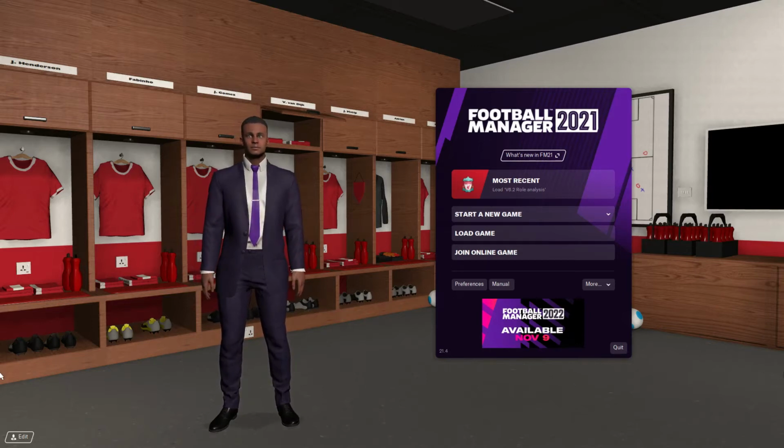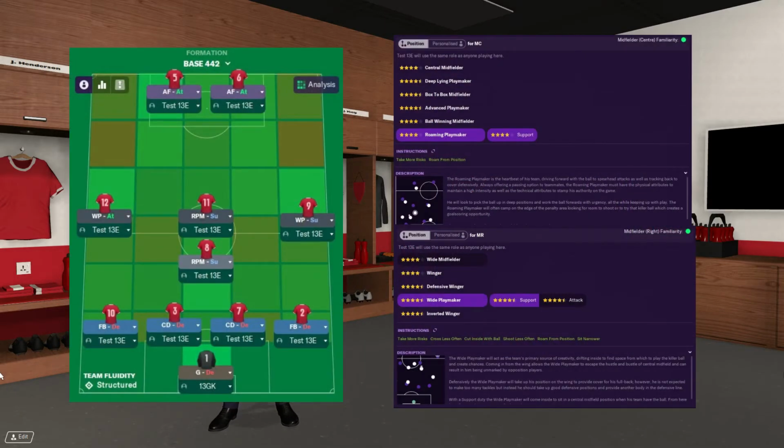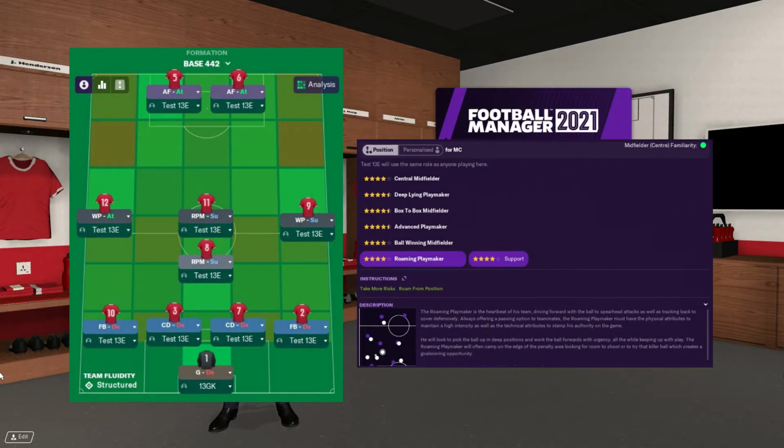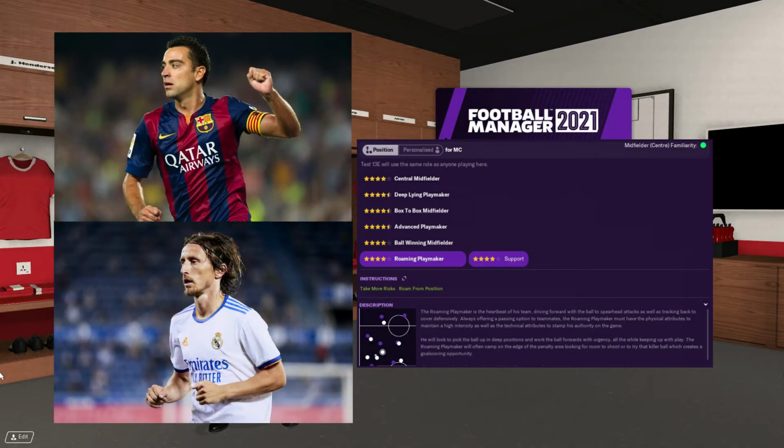Today we're going to analyze the roaming playmaker and the wide playmaker. The roaming playmaker is a role that can be given to central midfielders and defensive midfielders. It's a role that doesn't require the player to advance too much into the opposition half of the pitch. Xavi during his prime years at Barcelona or Luka Modric of Real Madrid can be good examples of the roaming